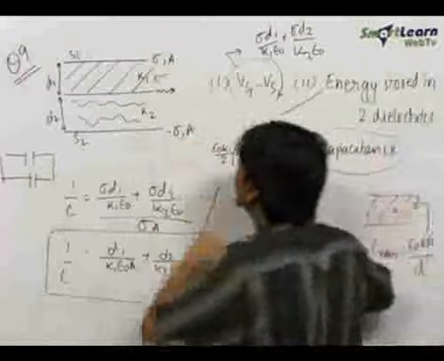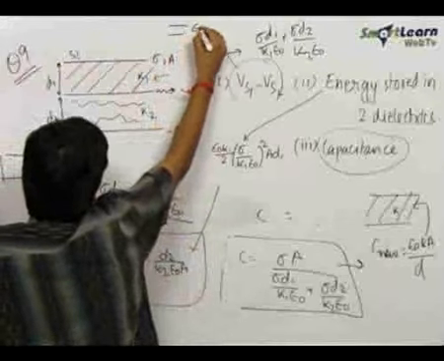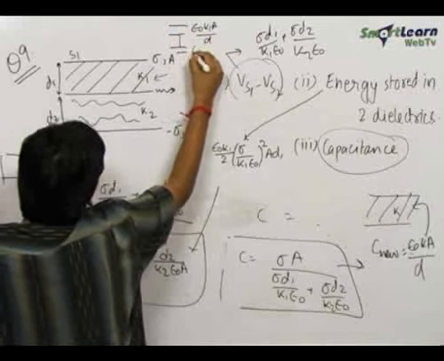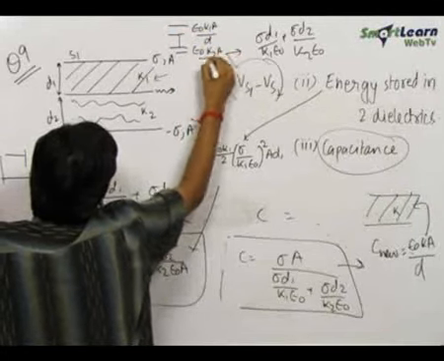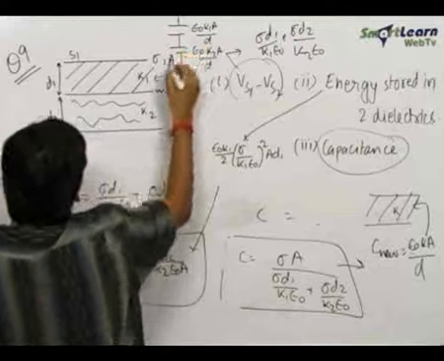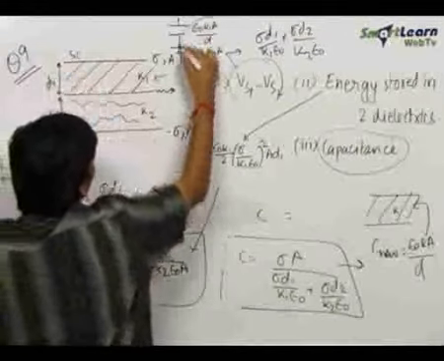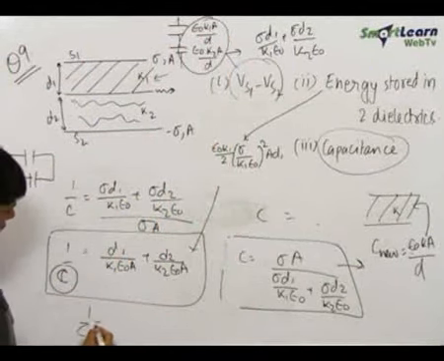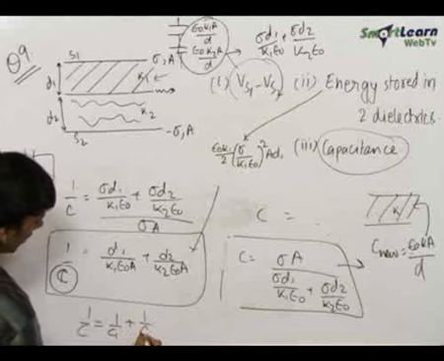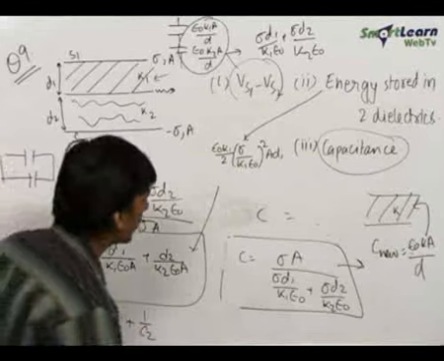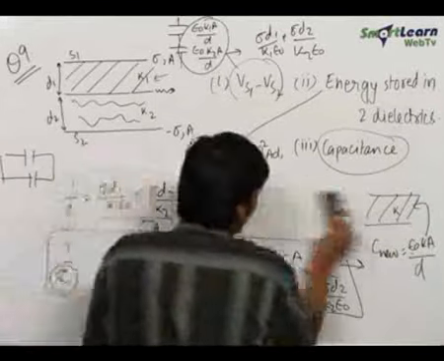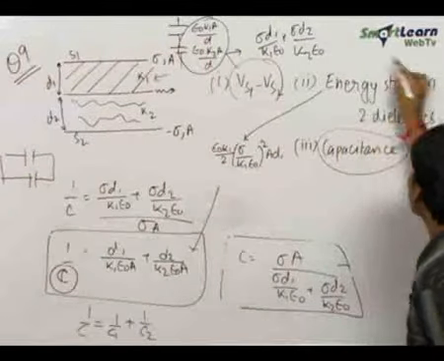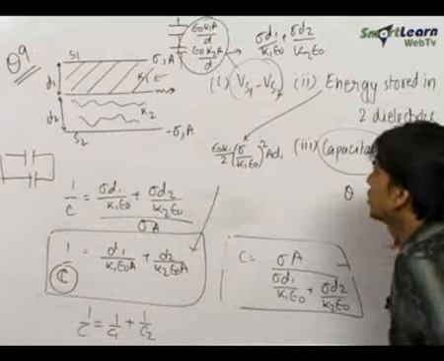We could have treated this as one capacitor of epsilon naught K1A upon D in series with epsilon naught K2A upon D. This system is equivalent to this system, and we could have used this to find the resultant capacitance by the formula 1 upon C is equal to 1 upon C1 plus 1 upon C2. Another thing you can note down is that the answer to the B part could have also been found more easily. The total energy stored in the two dielectrics is always equal to the total energy stored